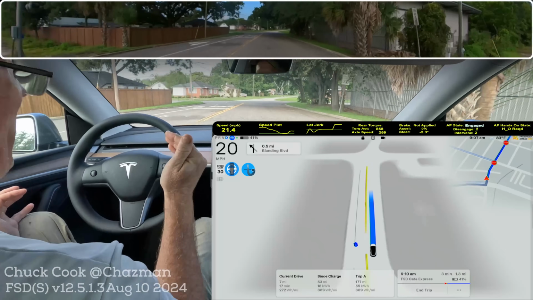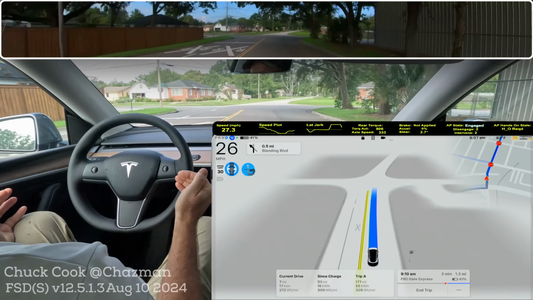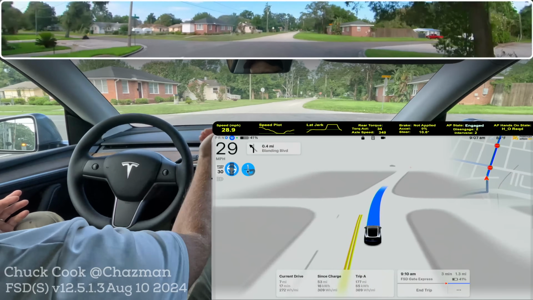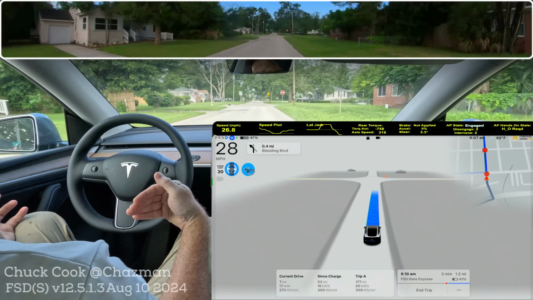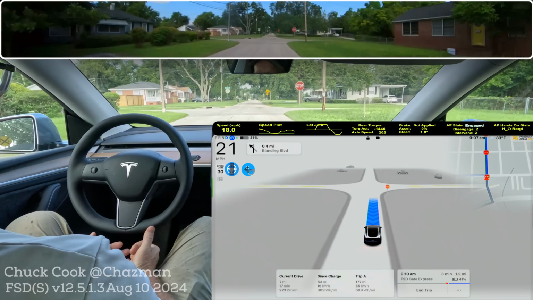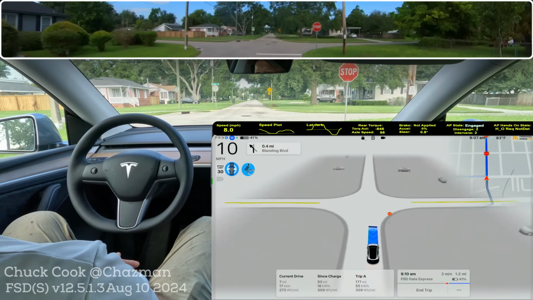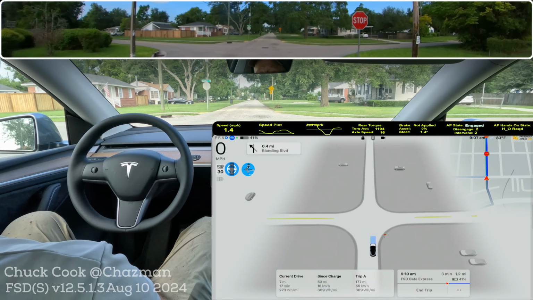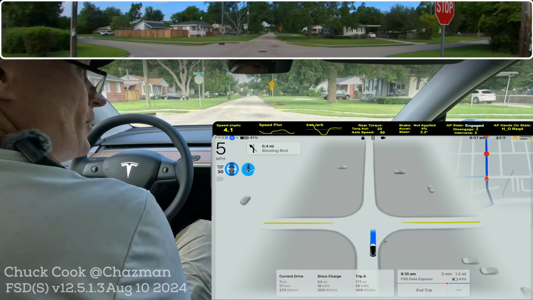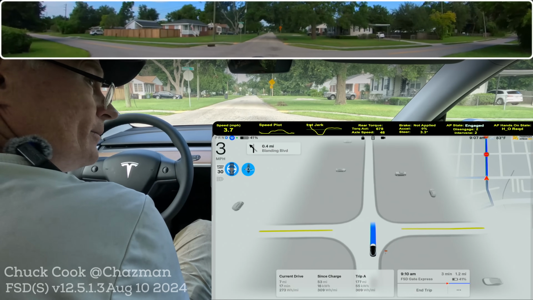So in that situation, the planner waited too long and did not use acceleration to get over into the lane. Only used the slowdown there. I was sitting there waiting for it to get over, but it stayed in that middle lane just a little longer than it should. All right, there's our NHTSA stop with a creep, and I'm looking left and right,